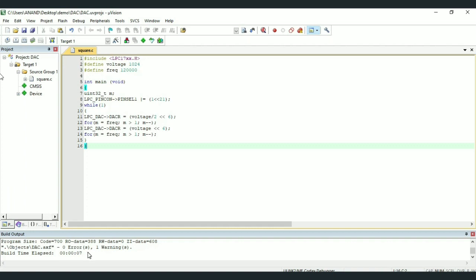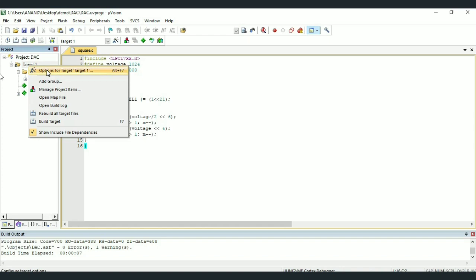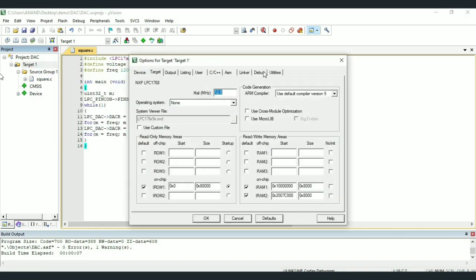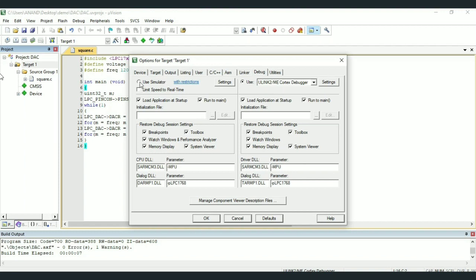Warnings can be neglected. So now we need to debug our code, but before entering debug mode, we need to select the simulator. For that, right click on target, select debug, tick use simulator and then OK.